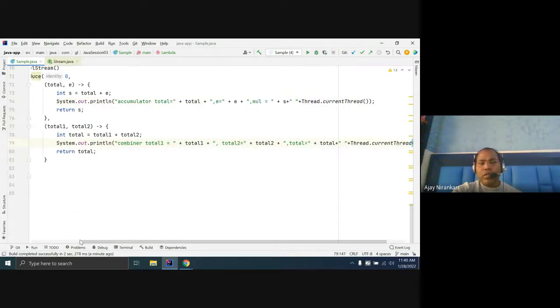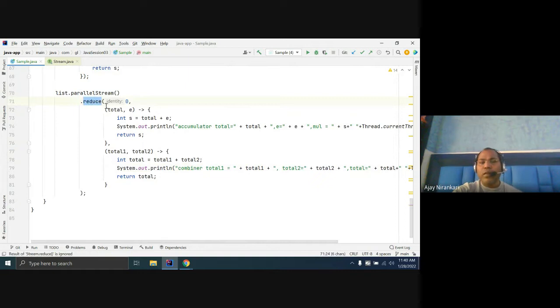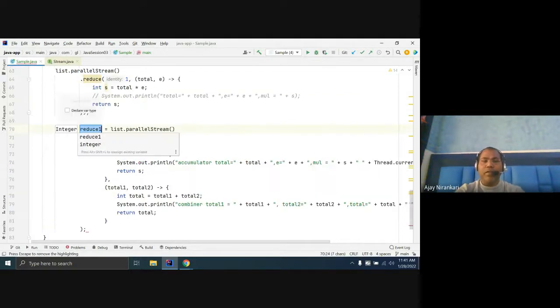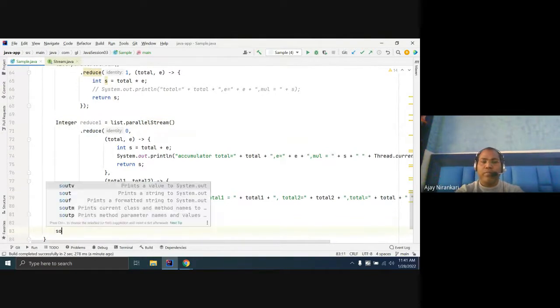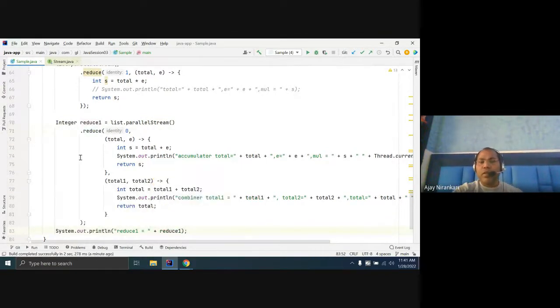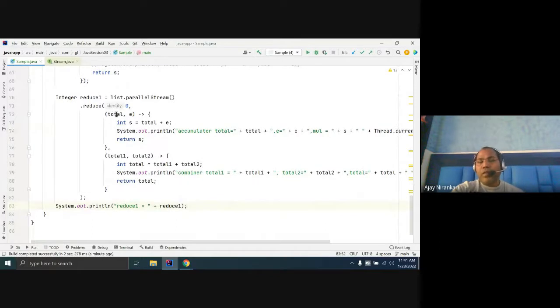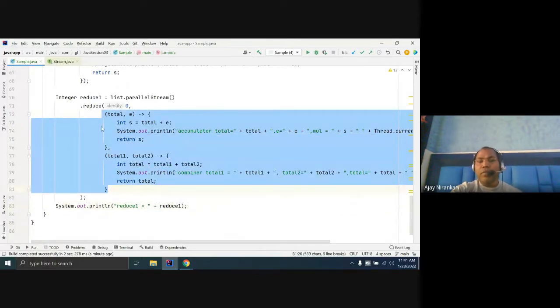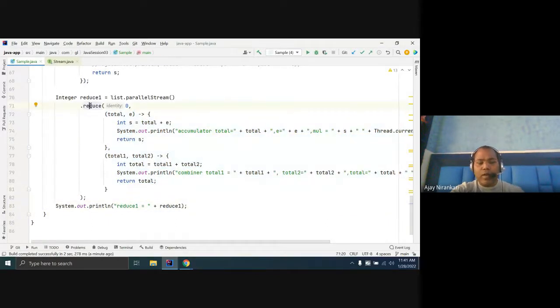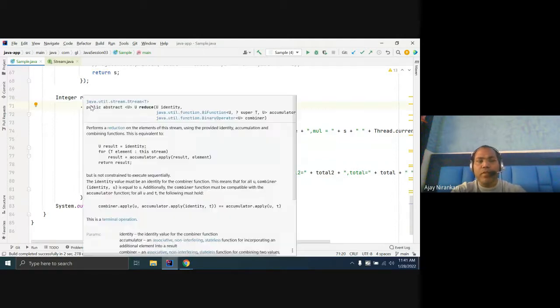So this reduce function is so generic. Look at the definition again: the return type is U. Whatever you pass, the same type you can return.